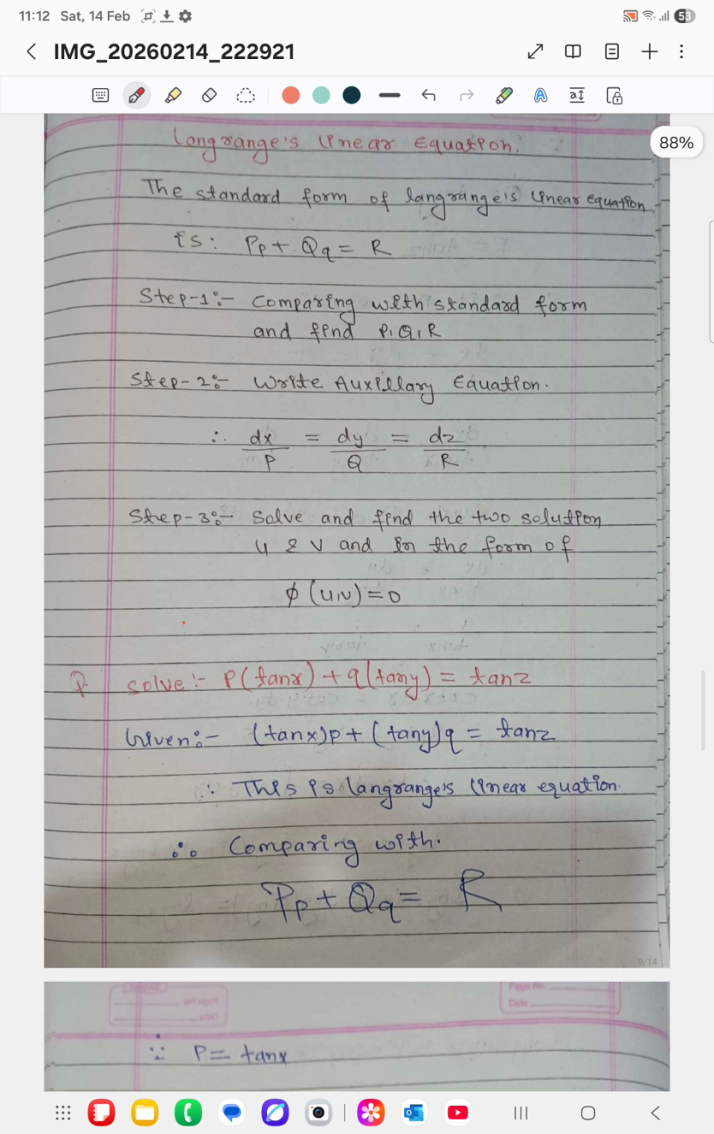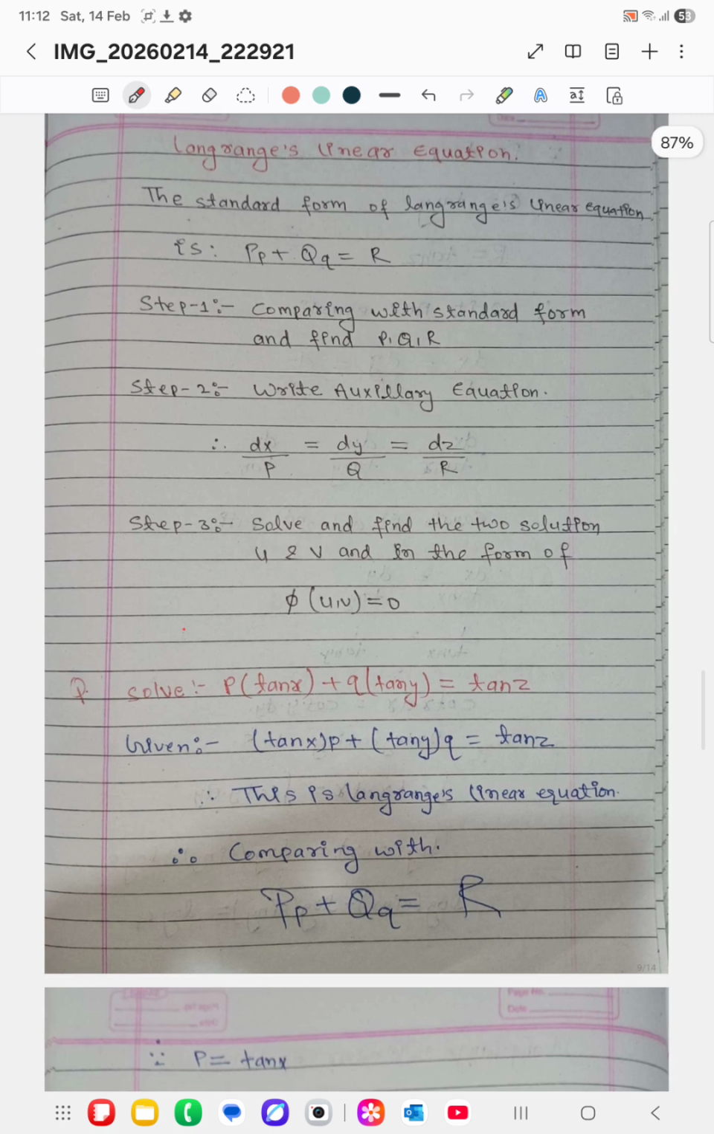And let us see one of the important topics from unit first, that is Lagrange's linear equation. Okay, so ever asked in your examination, write short notes on Lagrange's linear equation, that is a 7 marks question. Okay, and if there is one problem added, that will become a 14 marks question. Okay, so let us see